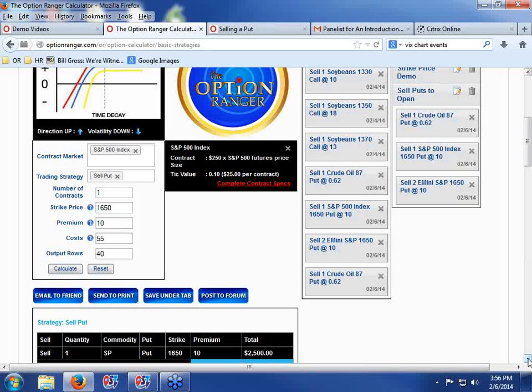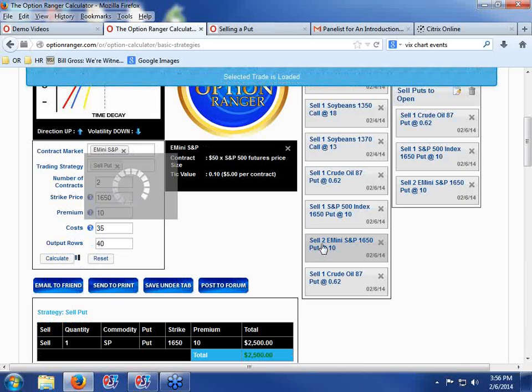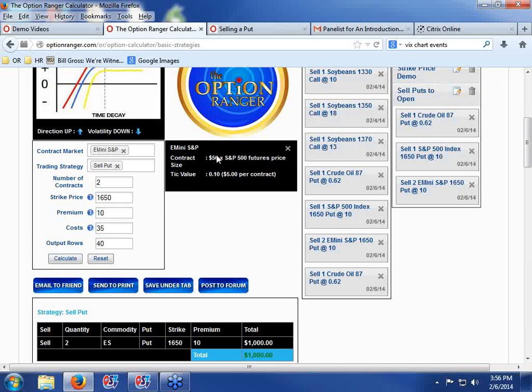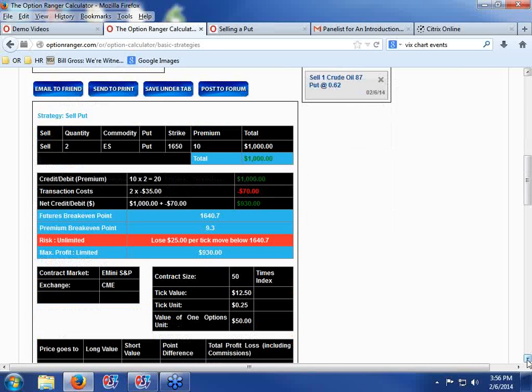So again, one of the things we did want to show is the importance of being able to assess risk. So let's say somebody who did the large S&P contract was uncomfortable with the level of risk. They might go ahead, and we already input this, and change to maybe having 2 of the E-mini contracts, which are 1/5 the size. They're $50 times the index. So when you look at that measurement on 2 positions,